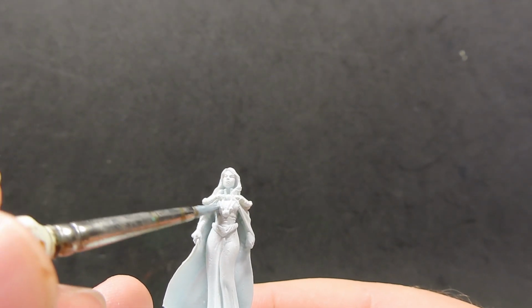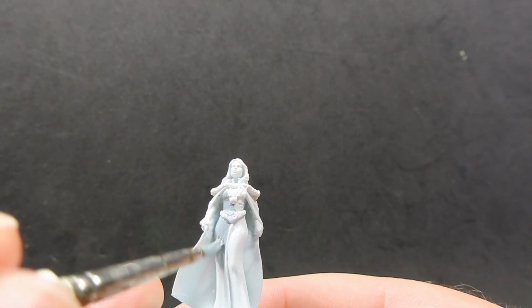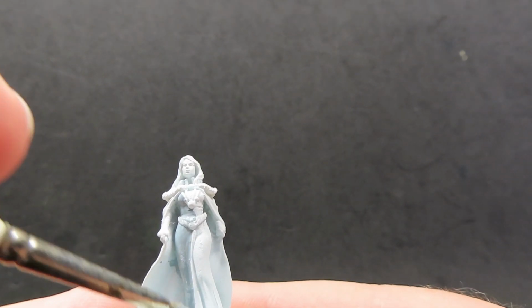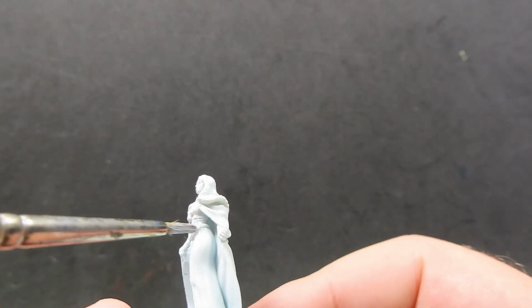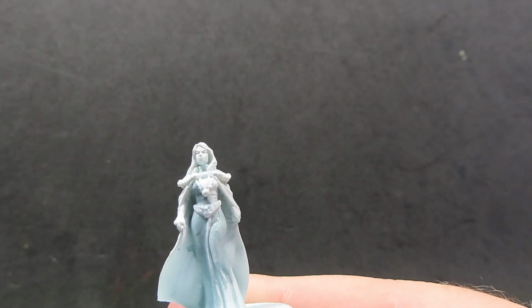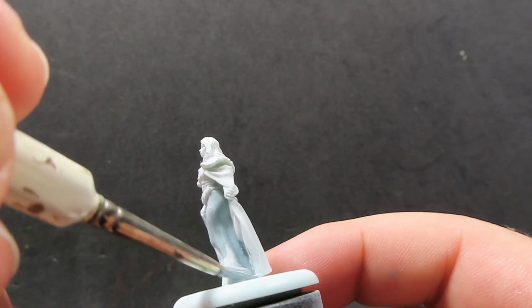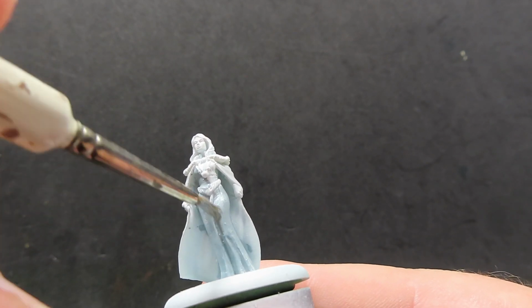in a roughly 2 parts grey to 1 part of the electric blue, just to give it that blue tint that we really want for the Stark, since I've been painting up all my Starks in a blue colour scheme like how they say they have in the book. So I want to give everyone at least a slight blue tint to their clothing, like Catlyn here, as well as I've also been going off the official artwork that they've been using in the Song of Ice and Fire